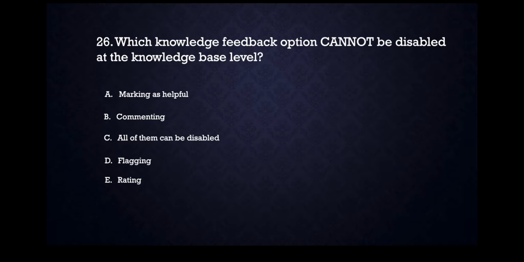Which knowledge feedback option cannot be disabled at the knowledge base level? Options are: marking as helpful, commenting, all of them can be disabled, flagging, rating. So the correct answer is: all of them can be disabled at the knowledge base level. So the next question is: